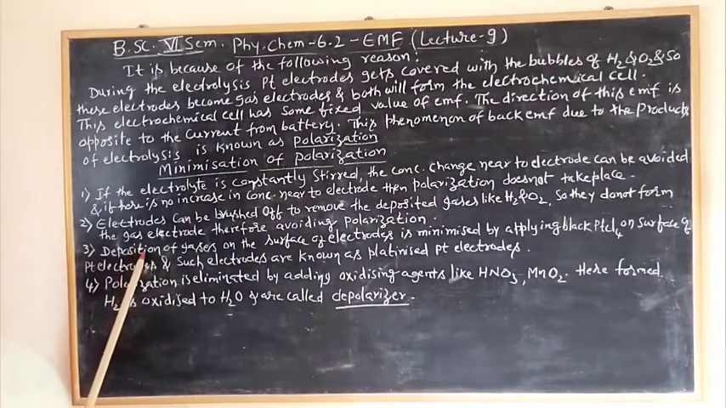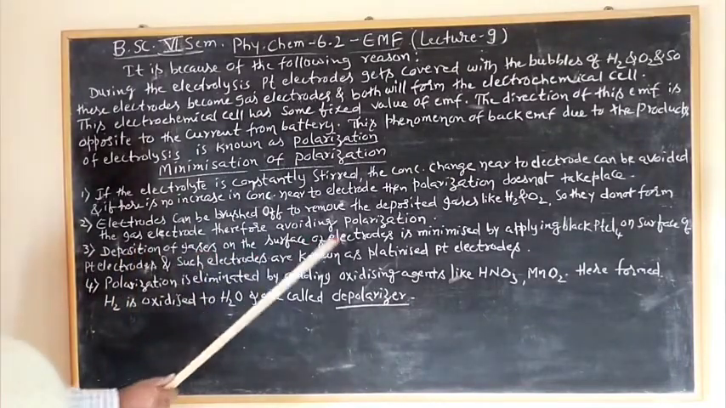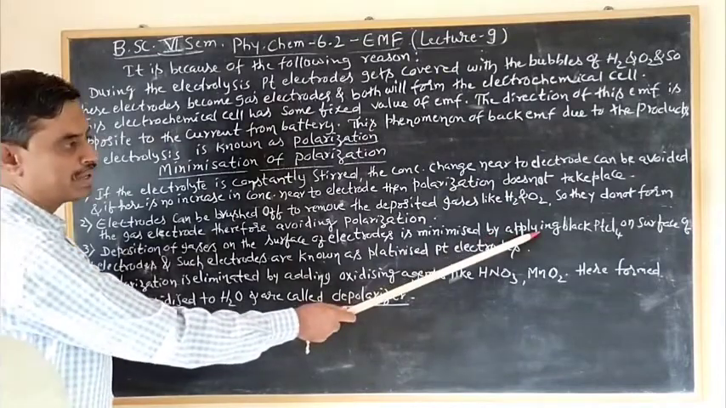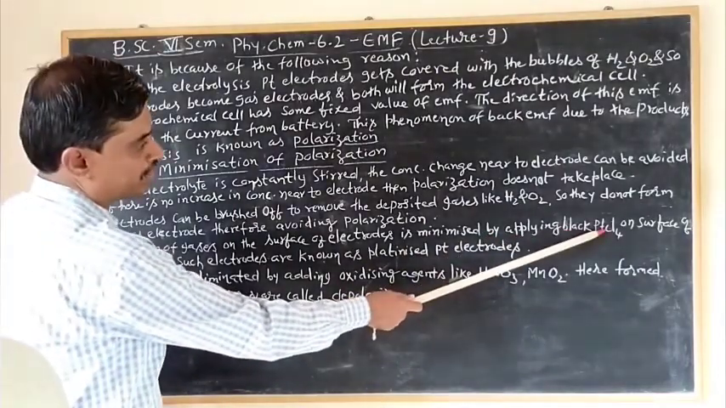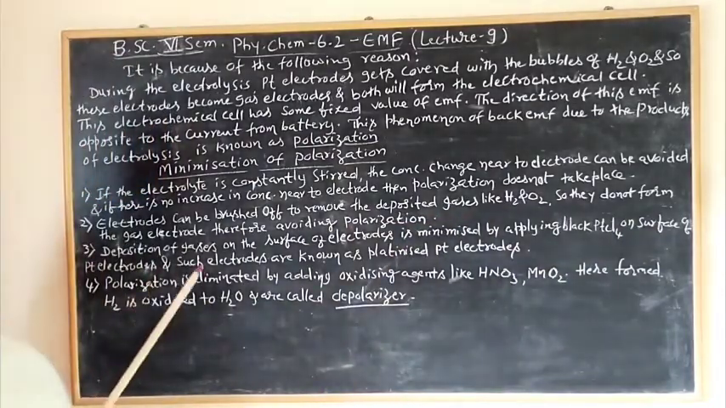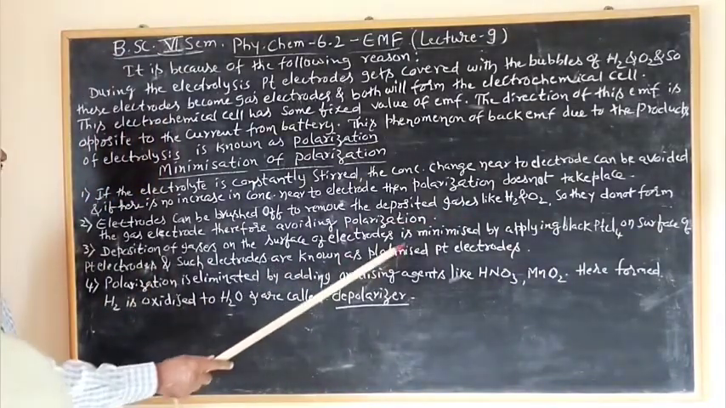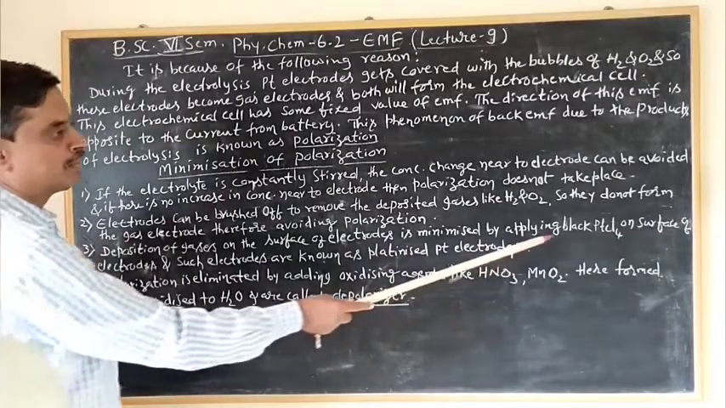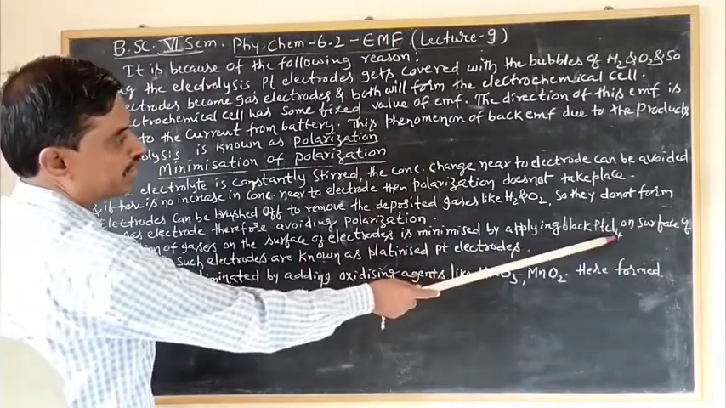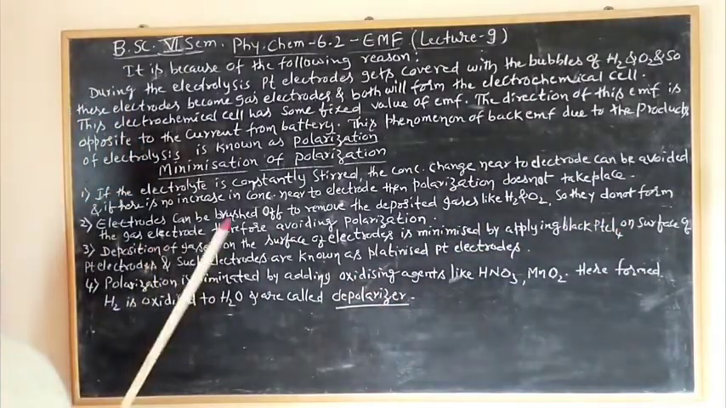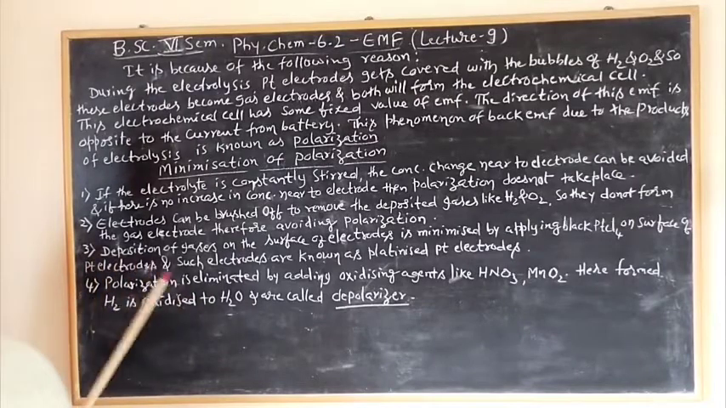Third, deposition of gases on the surface of electrodes is minimized by applying black platinum chloride, PtCl4, on the surface of platinum electrodes, and such electrodes are known as platinized platinum electrodes. We have to apply the black platinum chloride on the surface of the platinum; that avoids the deposition of gases. Fourth one, last one,